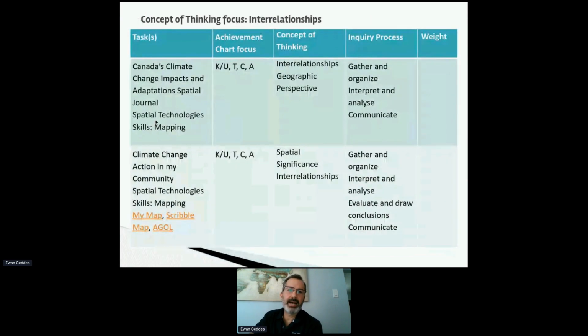And these are some of the tasks. So we can look at climate change impacts, climate change action in my community. So we listed here the different concepts of geographic thinking that each of these activities could meet, the different steps in the inquiry process, because early on in the course, the students may need a little bit of help developing their inquiry process. And some of the tools that can be used then to map out their data,